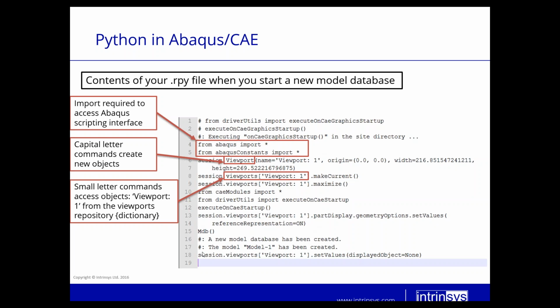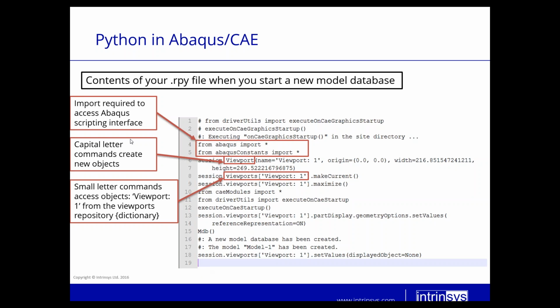So the new model database has been created, and the model1 has been created. So this is basically normally what we see on the screen, but this is all what's happening in the background. Now, just to make some sense of this, import would get all the commands that you would need to run the Abaqus specific lines in your code. If you just open plain Python, you will not be able to, for example, use the session.viewports because it's not defined. So when you import it from the Abaqus library, then you will have access to all the Abaqus specific